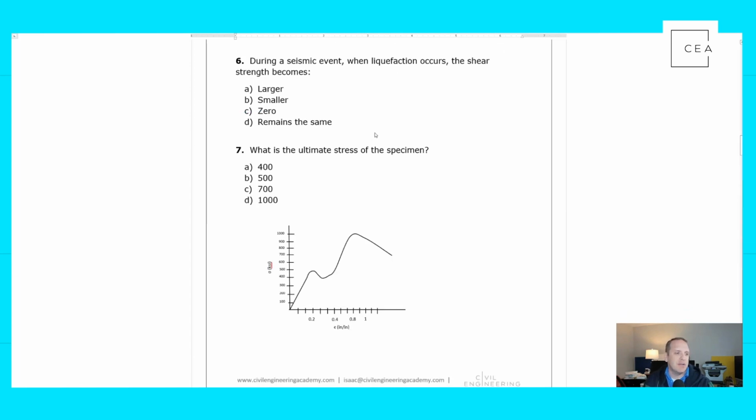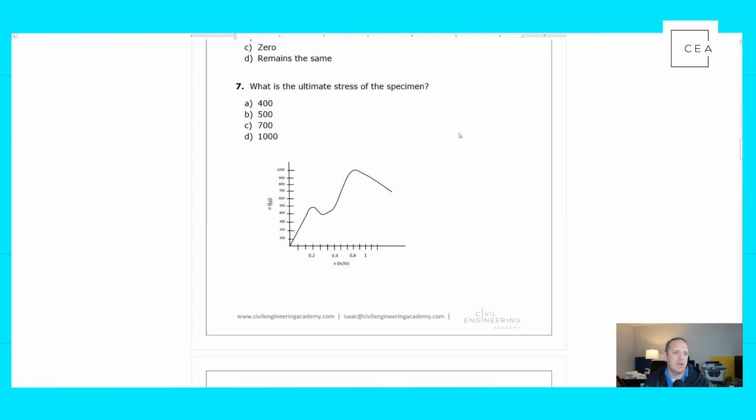All right, let's check out number 7 together. And the question is, what is the ultimate stress of the specimen? And what they're displaying is a stress strain curve. And you really have to understand how these things are built and what they look like in order to understand where exactly you need to pull an answer for the ultimate stress that it is asking for. So they give a short little graph and they give some values here, and they could potentially mix up what they want to ask on here,